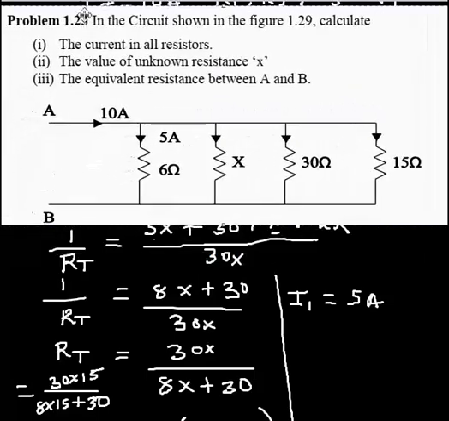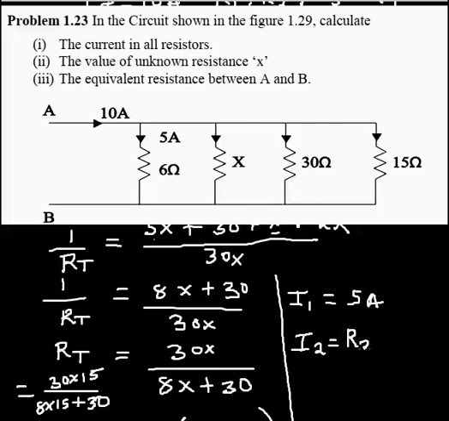Okay, so we already know that the current passing through resistor R1, which is 6 ohm, is 5 ampere. We've already gotten the resistance of X, and we want to get the current passing through the resistor X. I actually applied current divider, and I see it is always reciprocal. So if I want to get the current I2 passing through the resistor X, which I call R2,